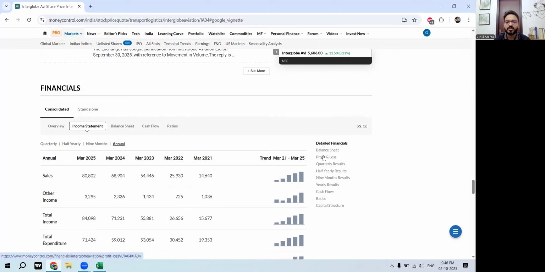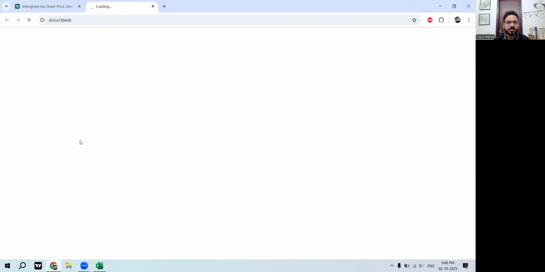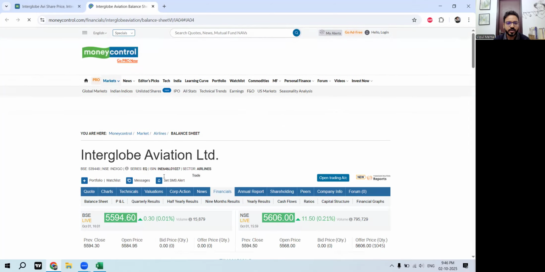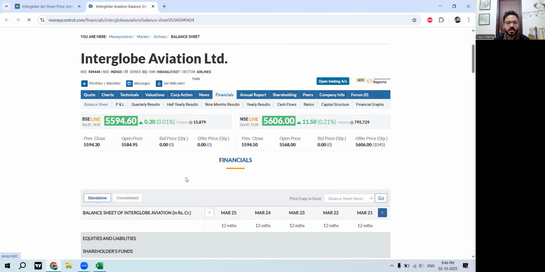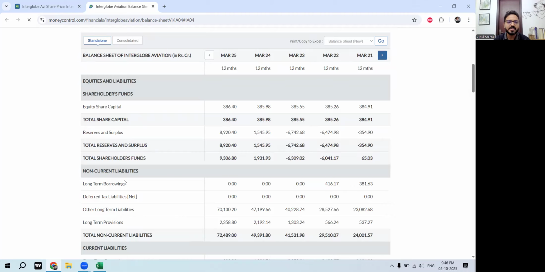You'll find balance sheet, profit and loss. And then there is quarterly, half yearly, 9 months, and so on results. So let's go to, let's say, detailed financials, balance sheet. I'll click on this one and it'll open a new page. Okay, now it's opening a new page. Now this is where you get the detailed financials of the company, the way the company has given. Money Control also has done some adjustments,